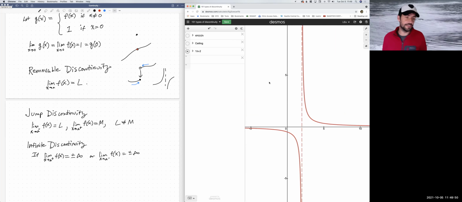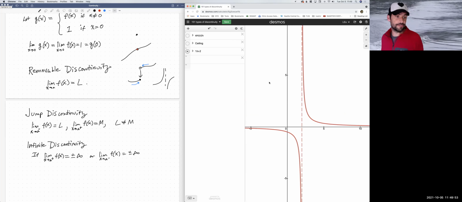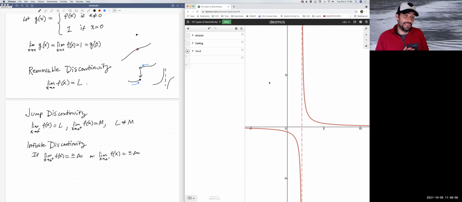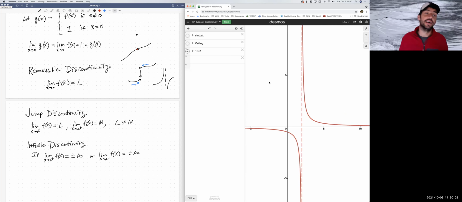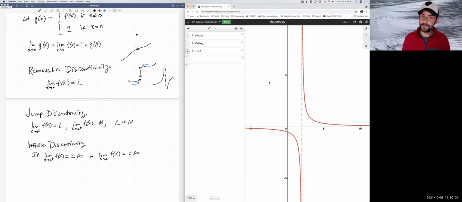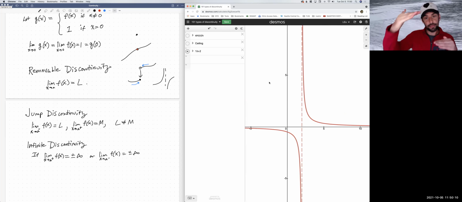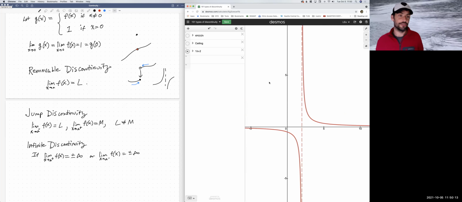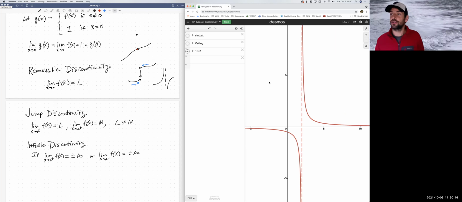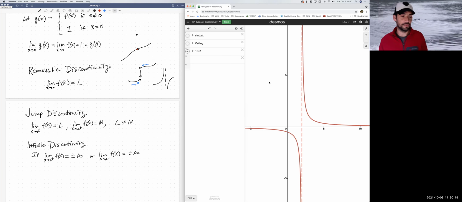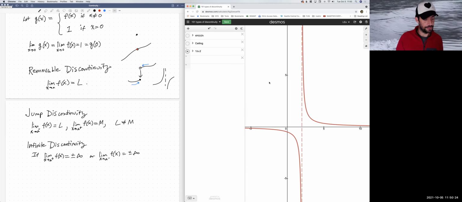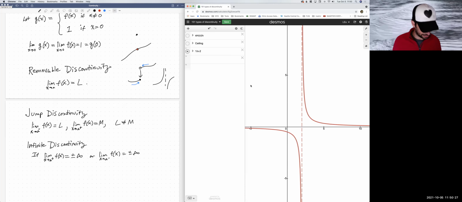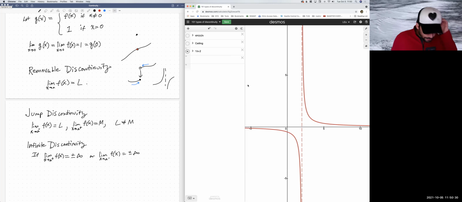So the jump and infinite discontinuities, you can't really fix, right? In some sense, you could say these discontinuities are getting worse. A removable discontinuity is barely a problem. You can redefine the function at a point or maybe several points. Jump discontinuities, you'd have to make some pretty major repairs to a function, right? Maybe you pull that line down. It still maybe looks somewhat the same, but it's a very different function. And then, of course, to change an infinite discontinuity, you're really changing the entire nature of a function if you get rid of that kind of discontinuity. Okay, so